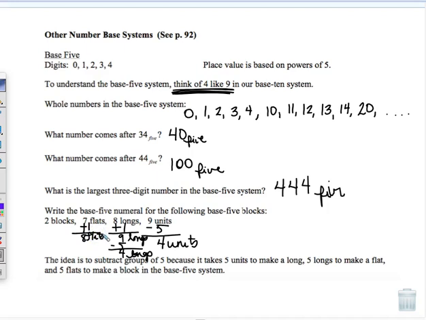But remember, 5 will move me up a place value. So I subtract 5, and that leaves me with 3 flats. Subtracting 5 gives me a block. And so I have 3 blocks. Now, if I've done this correctly, we shouldn't have any number left over that is bigger than a 4 because I have converted this and moved over place values because 5 of something is going to move it over. And so what I have here now is I have the number